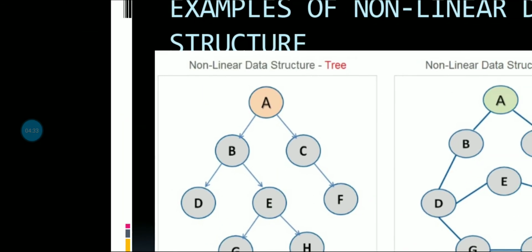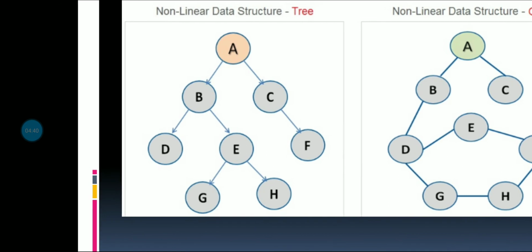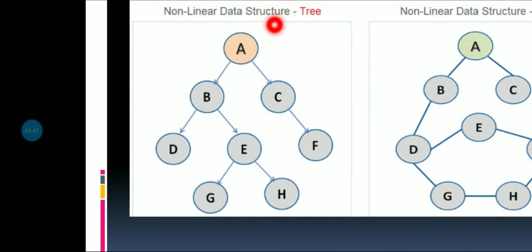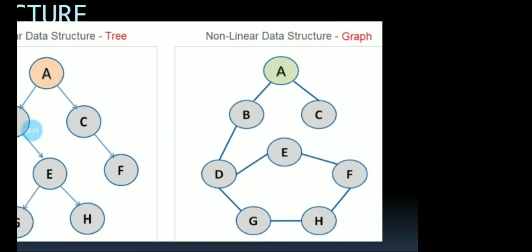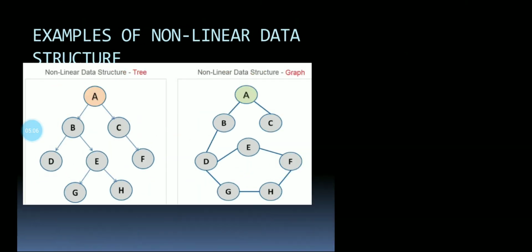The first example is the tree. You can see this is the root of the tree and every element is a node of the tree. So this is how it is non-linear; it is not stored one by one. The first is here, then two main branches, then the first branch again has two main branches, and the second branch also has two main branches. All the elements, the nodes, are not stored linearly. These are non-linear. This is the example of a graph. You can see this is also a non-linear data structure.